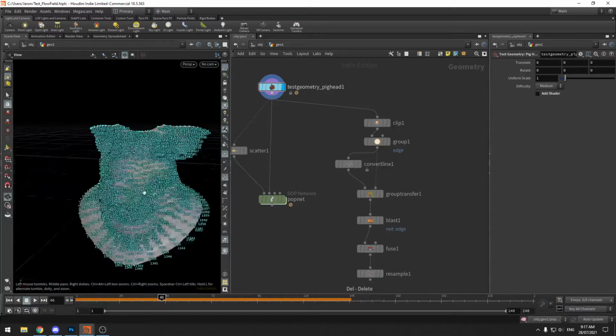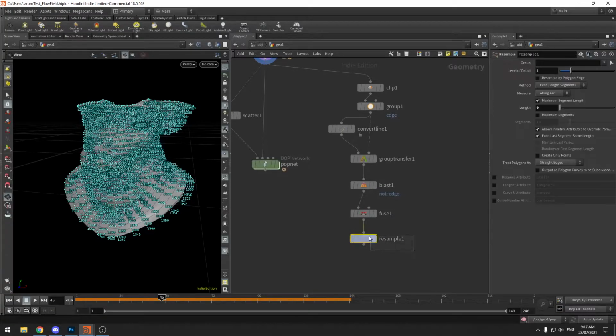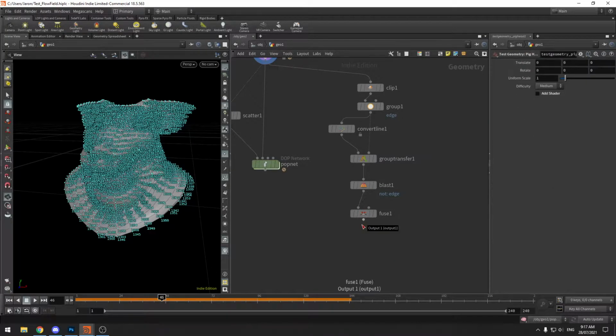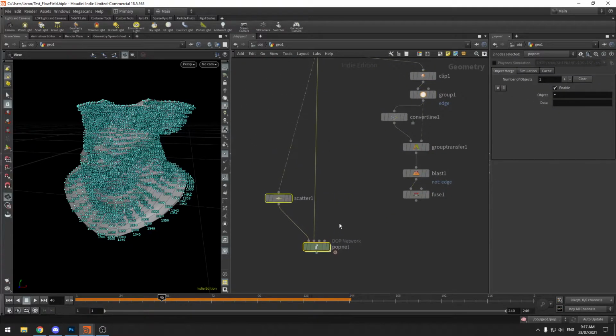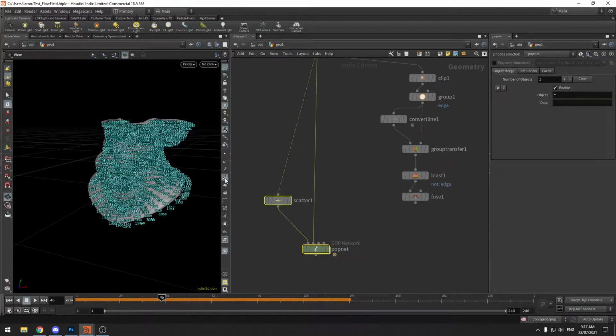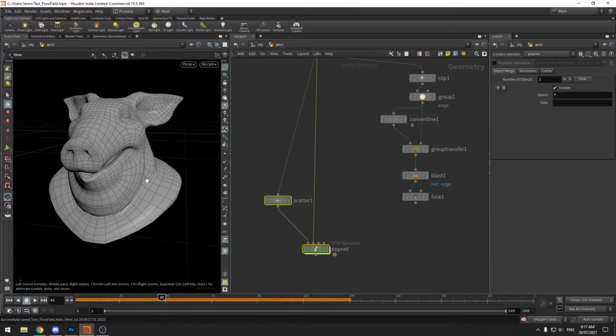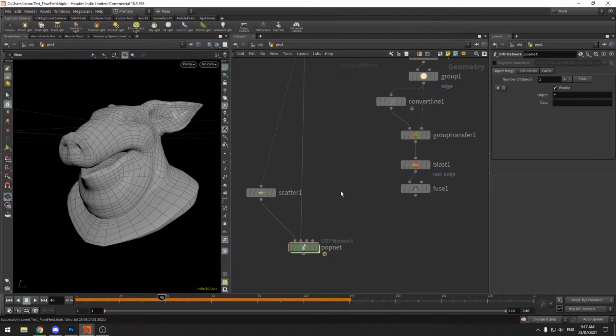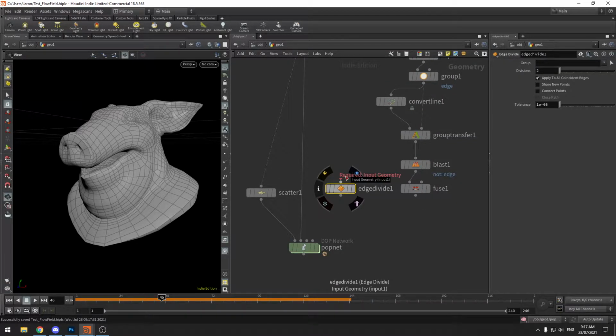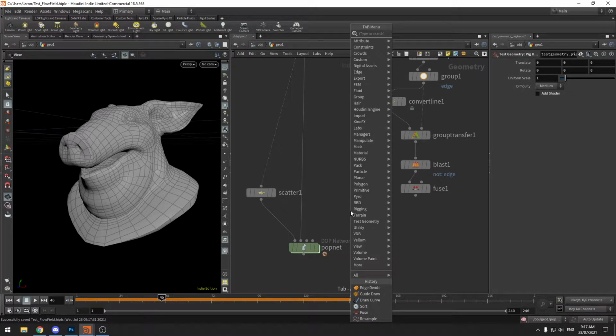Oh well. So we'll try with this. I don't think it's going to work too well, but we will try. The way that you make it will probably be better. It's up to you how you would make it. We've got something like an edge divide, which kind of helps at times, but it's not great. Anyway, so let's go to